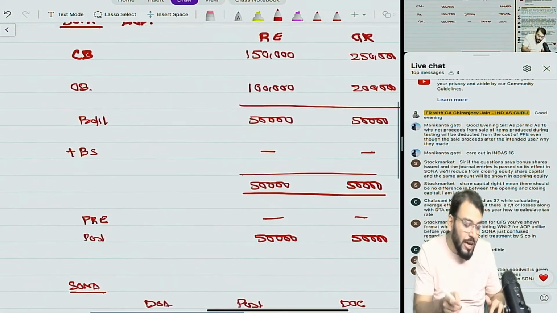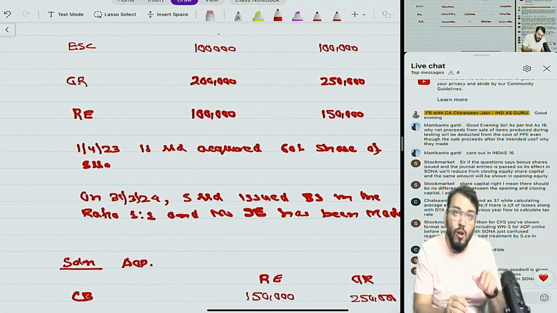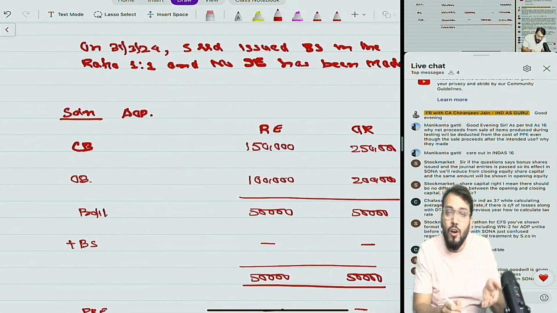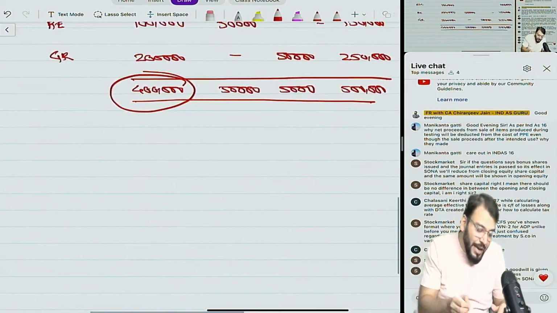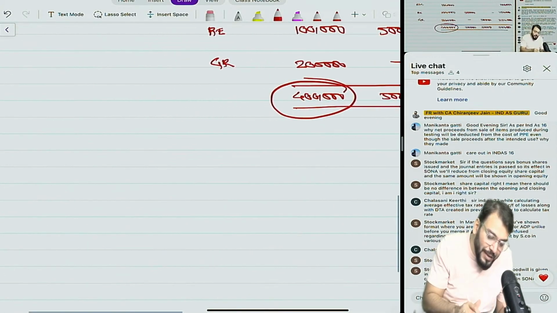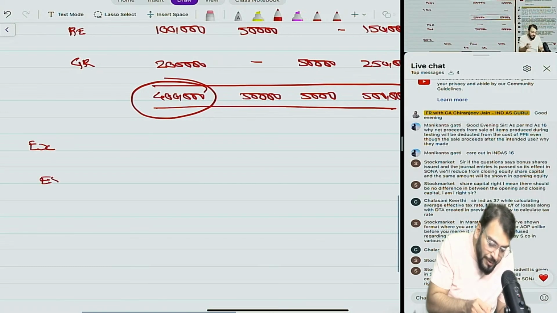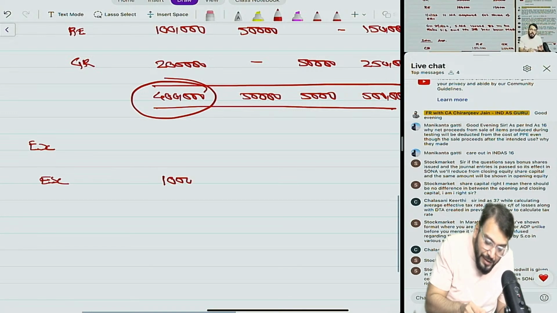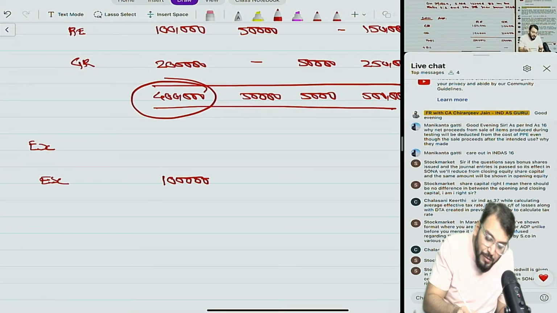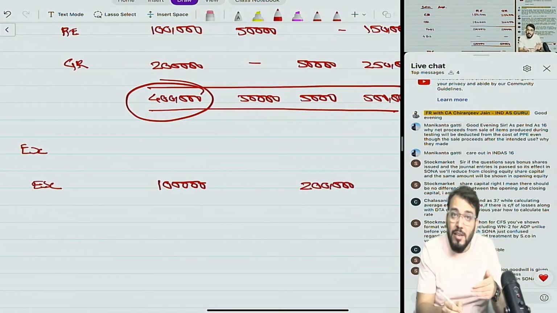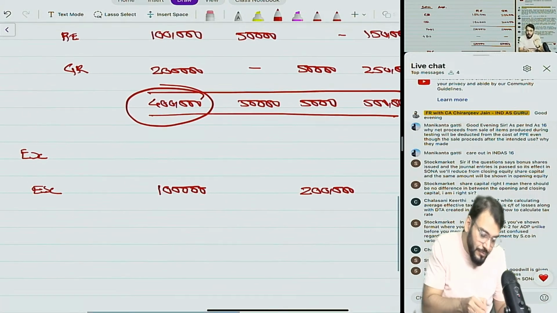Now, to explain your doubt, I will pass the journal entry, and you will automatically understand the effect. Whether you pass the journal entry or not, the effect should remain the same, meaning the net asset on the date of acquisition, date of consolidation should remain the same. So I will change the example now for your better understanding. Same example. Equity share capital will be 1 lakh, bonus 1:1. So equity share capital will now become 2 lakh because it will increase by 1 lakh of bonus shares.